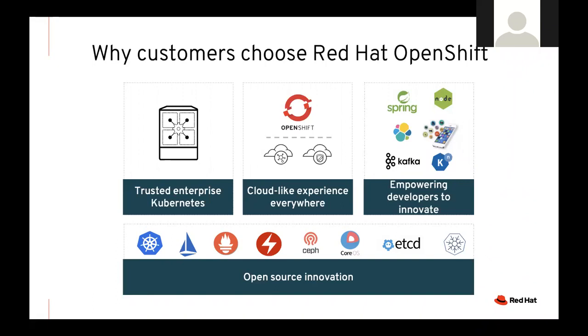The third is the integrated capabilities of OpenShift with the languages, the frameworks, the middleware, the databases, the Kafka streams, the API management, the integration capabilities that we provide on top of OpenShift, running all as containerized services, which is unmatched in the industry to help empower developers to innovate. So we're bringing all of this out of our open source innovation, and this is why Red Hat today is leading the market in hybrid cloud infrastructure.